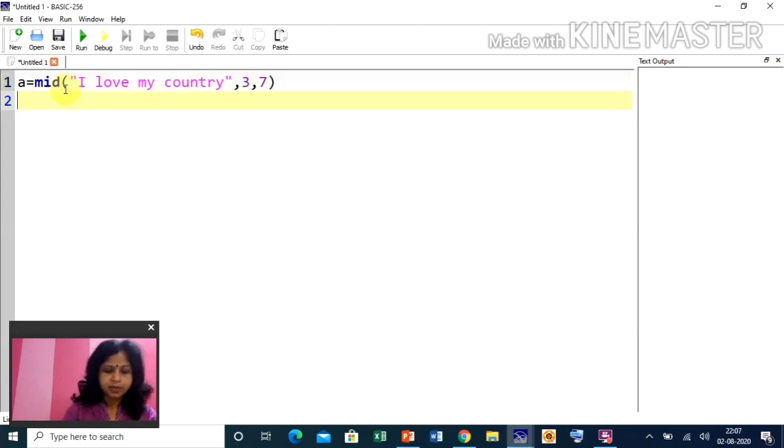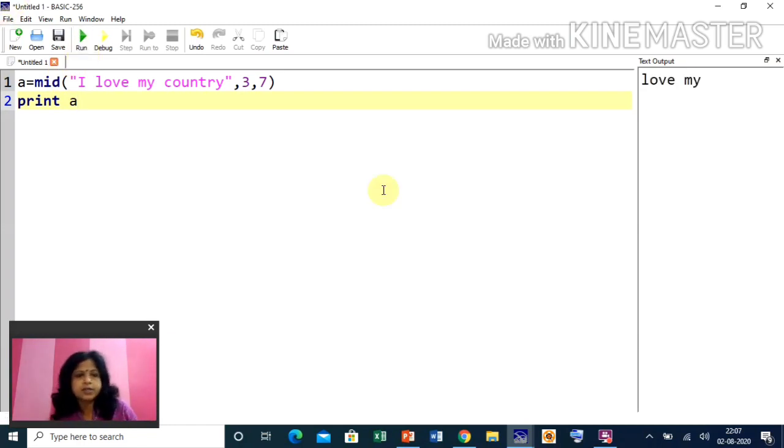Suppose 7, and I write print a. Then see what output is coming. It started from the 3rd position and counted 7 characters. First position is I, second is the space, third is L. So it started from L and counted 7 characters starting from L. That is the use of the mid function.